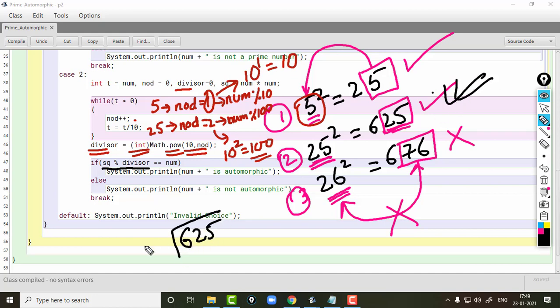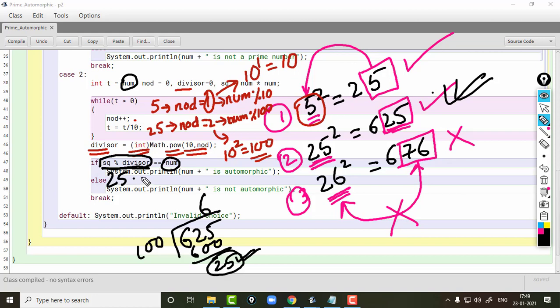Now divide by 100. 100 into 6 gives 600, and the remainder will be 25. So the remainder is the last 2 digits of the square. The answer for SQ modulus divisor will be 25, and in num we already have 25. So 25 equals 25. Therefore, the number stored in num, which is 25, is an automorphic number.